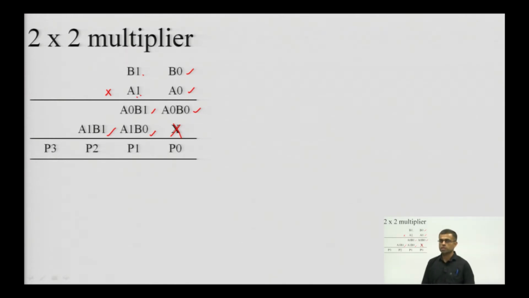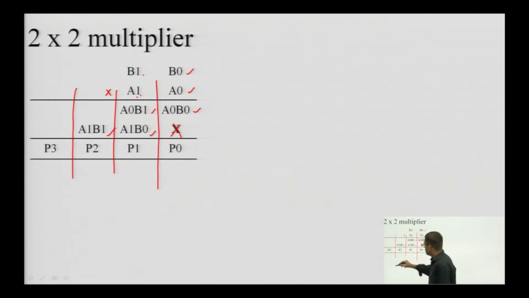So, all the products are generated, and then we have to perform the additions. In this case there is nothing to be added, that means the a naught b naught product will be used directly for the multiplication result, or we can say the product result. But this a naught b 1 and a 1 b naught are to be added. So, these two things are to be added, and we will be requiring a half adder to implement this addition of two numbers.